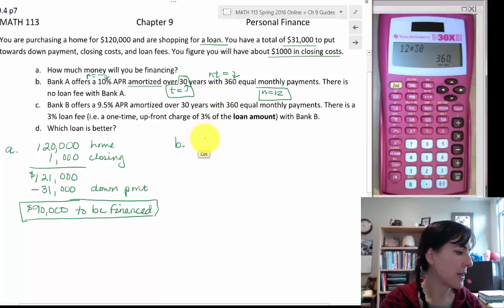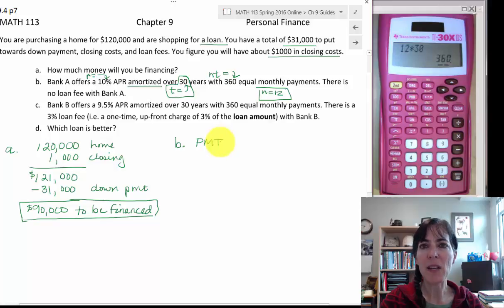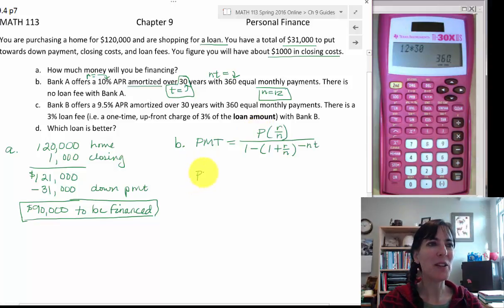So the formula, it's not asking you to find the amount of the payment, but Part D is asking which loan is better. So we kind of need to know what the payment is for each, and then we'd be able to find that. So we'll say the payment equals, there's my formula written out, and so I'll be finding the payment amount for the purchase price, which is the amount to be financed, so that's going to be the $90,000, times my R, which is